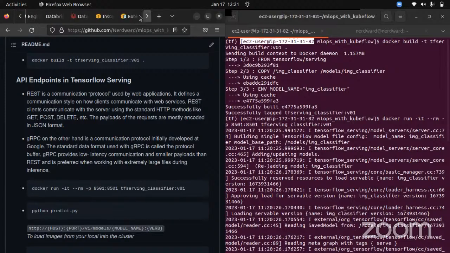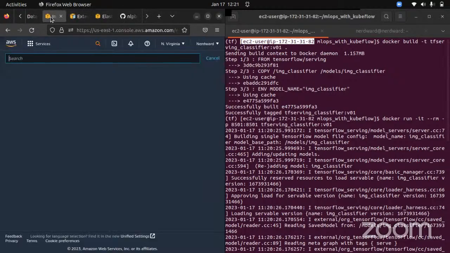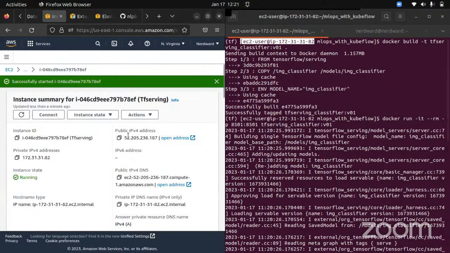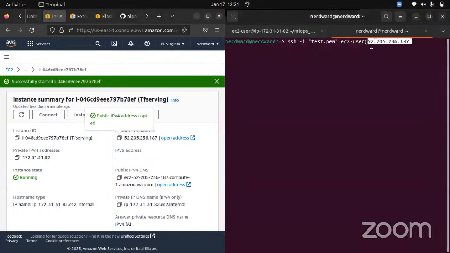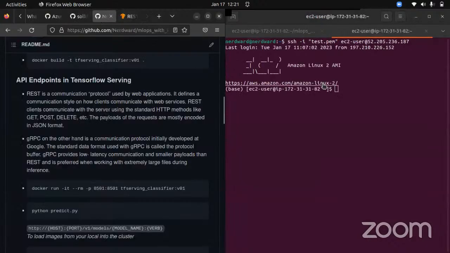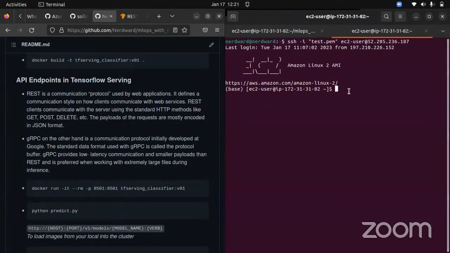So that's why I'm taking time. I just want to get the IP address of the virtual machine that I'm using, so I can SSH to it. All right, so I've SSH'd to the virtual machine I'm using,